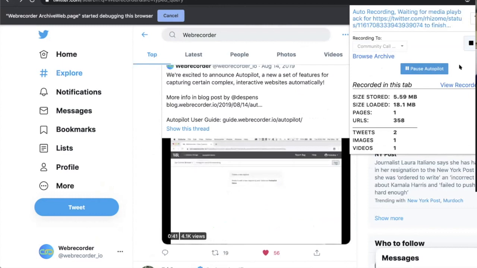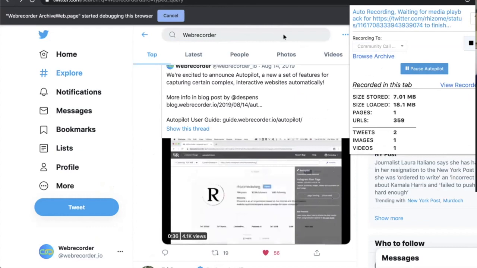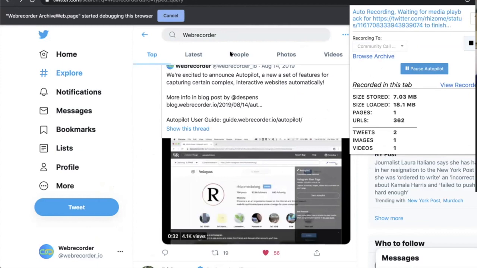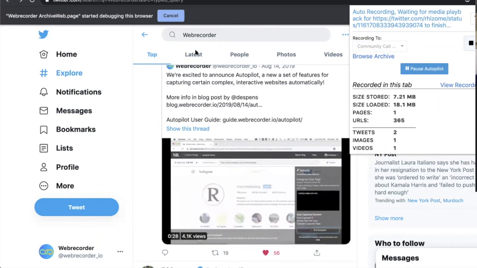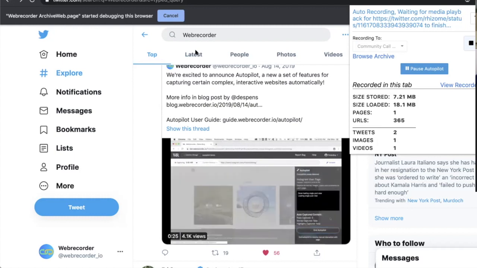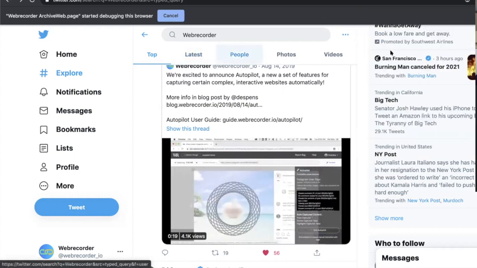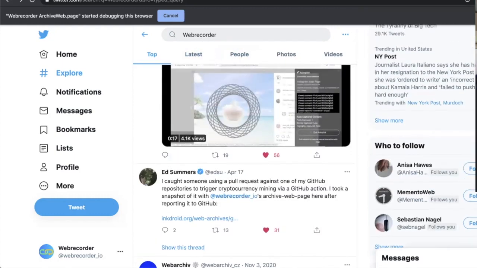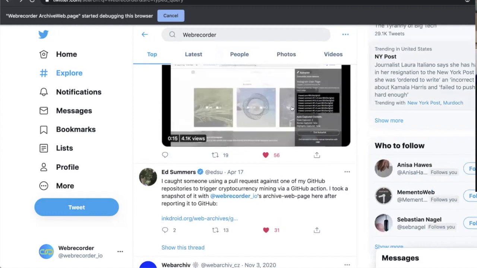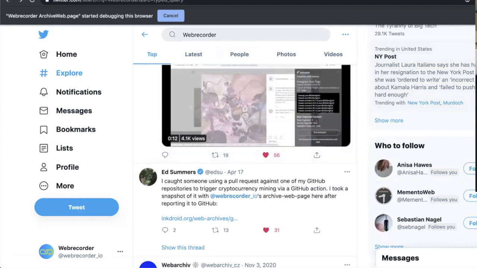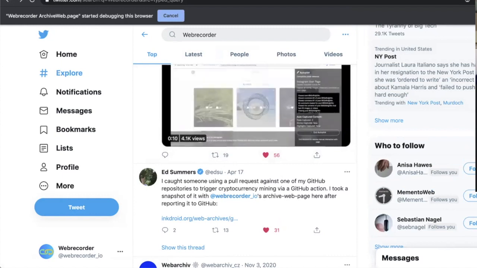In this case, I just searched for Webrecorder and the top tweets for that. This is a little bit meta, it's showing the old version of Autopilot that existed in Conifer as I'm archiving it in the extension right now. It's actually waiting for videos to finish. So if there's a video in your Twitter feed, it'll wait for the videos to finish before moving on